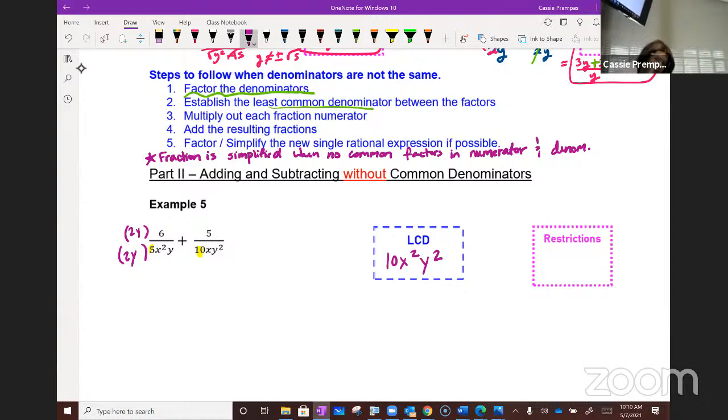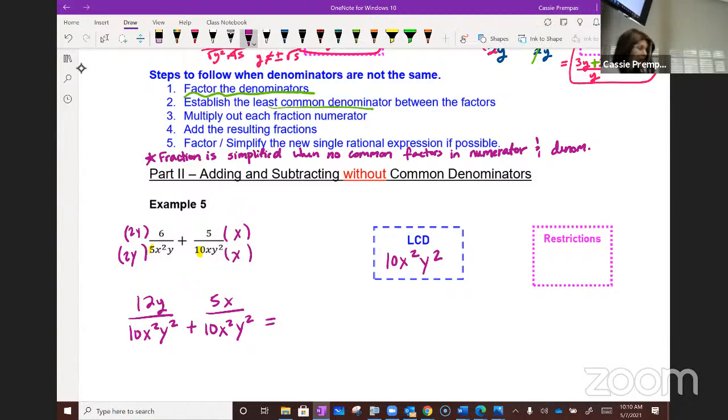And what do I have to multiply this fraction by to get a 10x squared y squared? Good, x over x. So now I'm going to multiply those numerators, 12y over 10x squared y squared plus 5x over 10x squared y squared